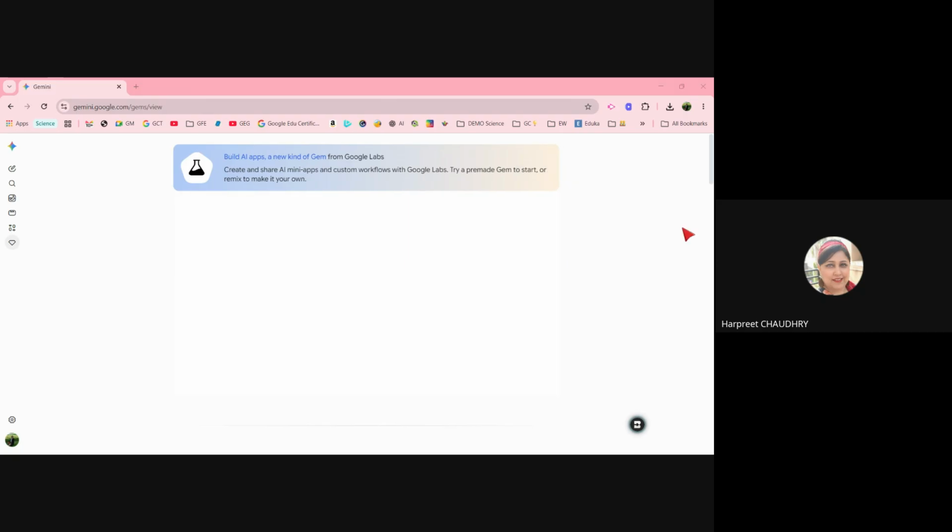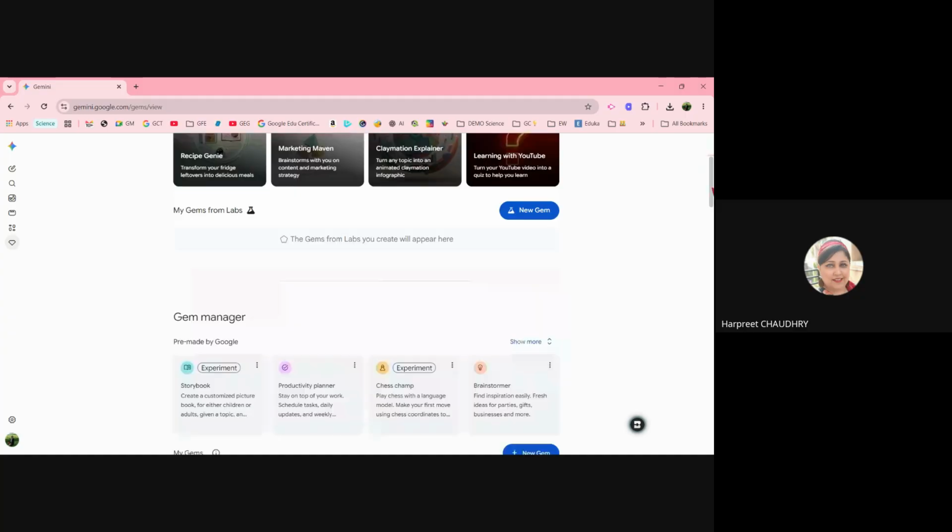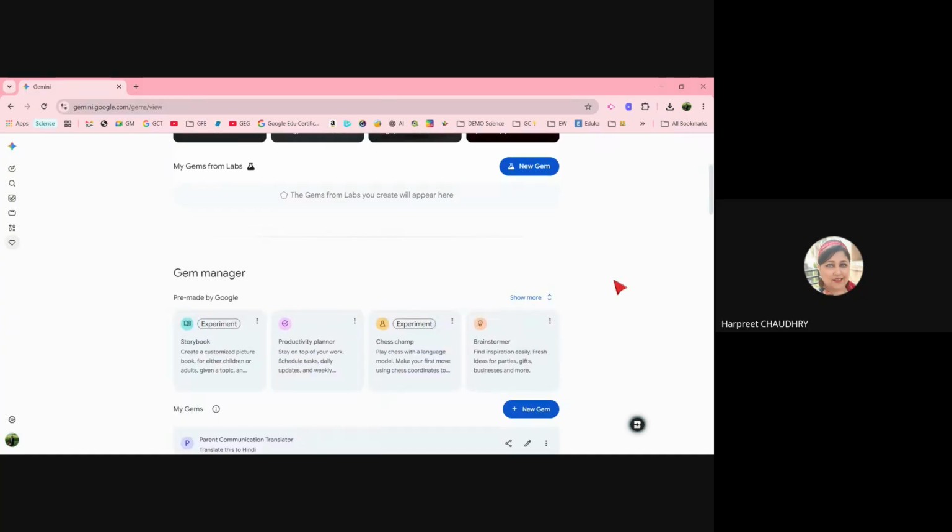Moving on to my next gem, which is again, we all do a lot about reading. So this is my favorite gem. This is for any grade. It can be for kindergartners. It can be for my higher secondary students. It can be for the lower primary, upper primary, all of them, and it acts wonderfully onto my instructions. So here I'm going to create another gem. So new gem right at the bottom.